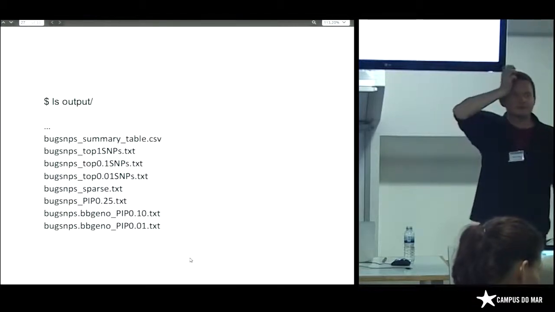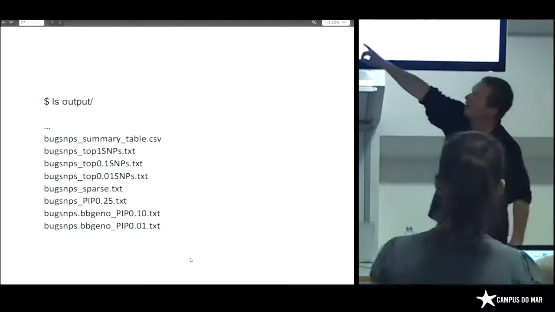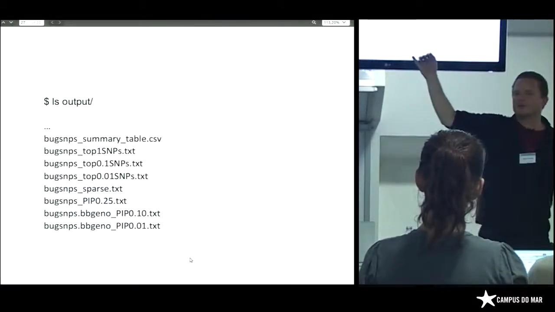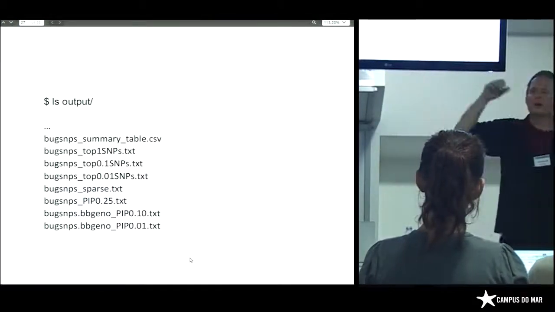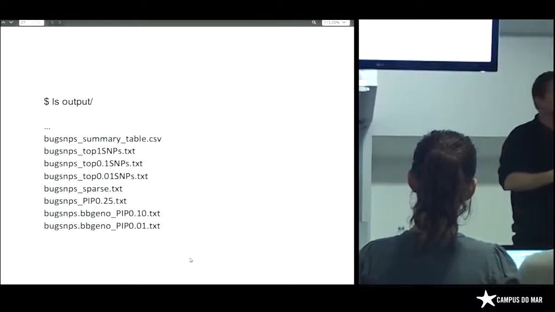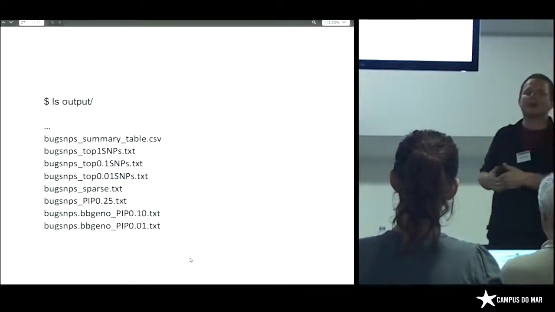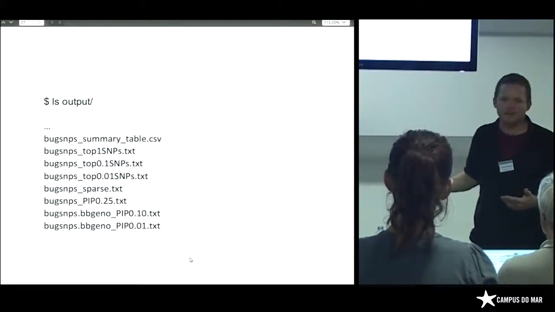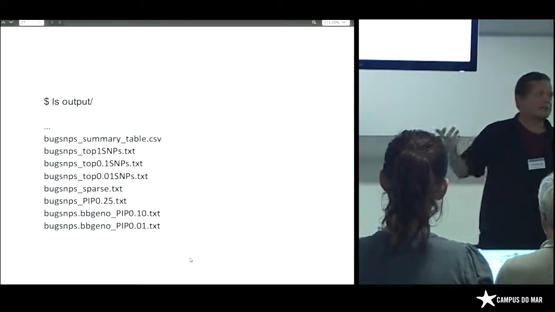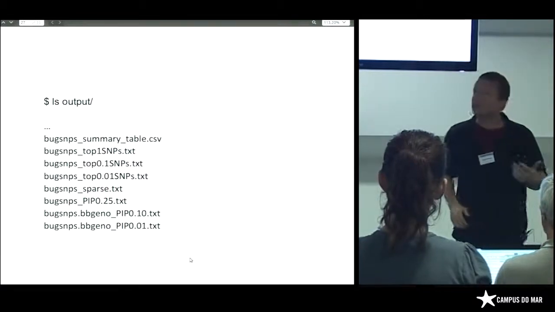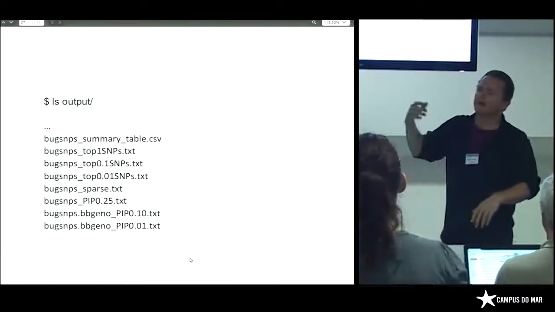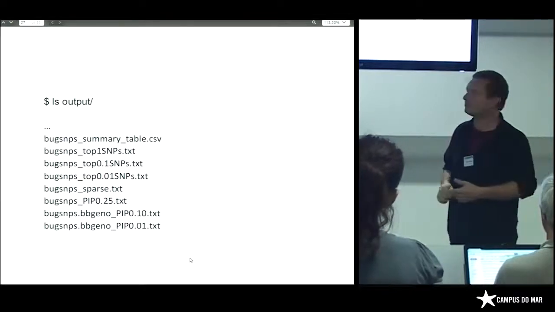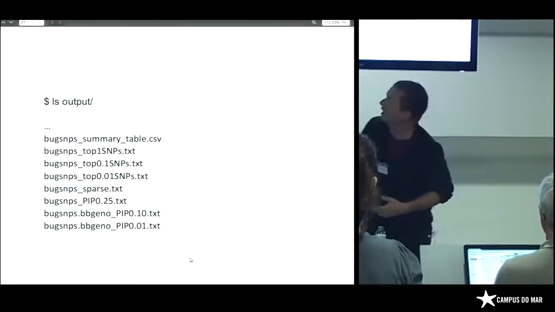Then we have our PIP scores, our posterior inclusion probability. We ran all of these models through our chains, so can we find a probability of including that same SNP in 25% of models, or 50% of models, or 10% of models, or 1% of models? Basically, if we're not always pulling out the same SNP, it's probably not real. Okay, so let's have a look at